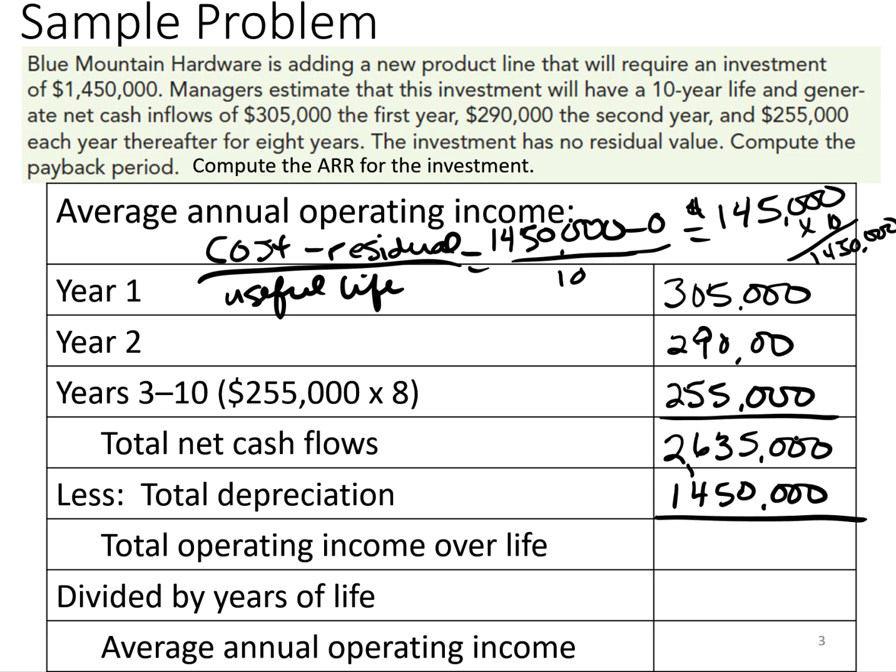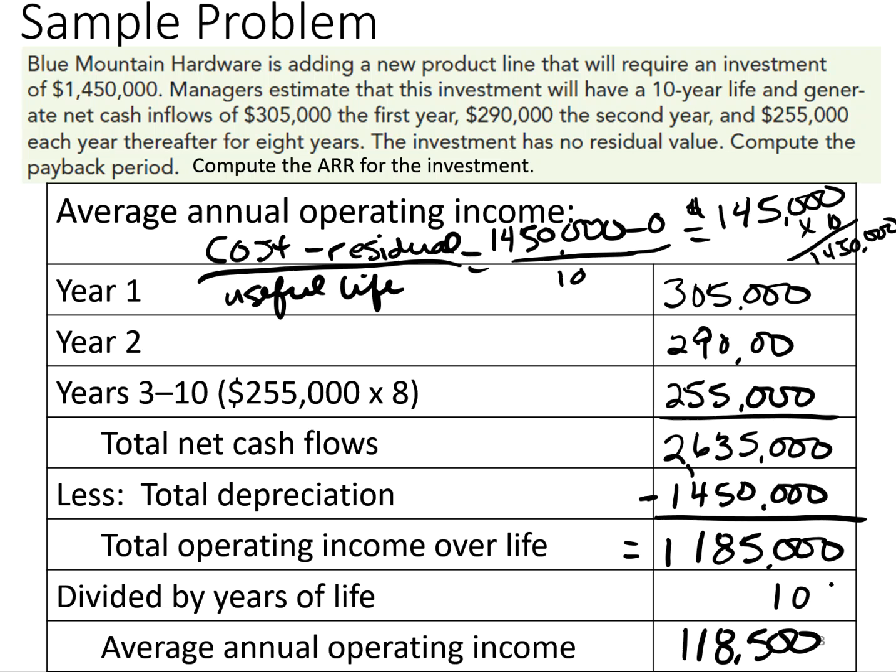So that will bring us to total operating income of $1,185,000, which is the cash flow minus the $1,450,000 depreciation. So if we had, again, a 10-year useful life, that means the average annual operating income is $118,500. Now we're not quite done here yet because we still need to calculate